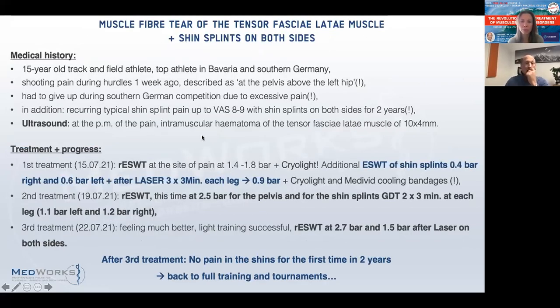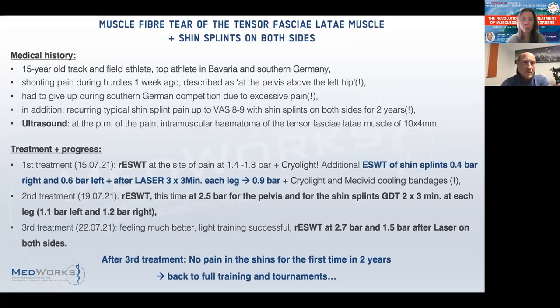Okay, this is another very young and very good professional sportsman. He's 15 years old, one of the best track and field athletes in Bavaria and southern Germany in his age. He had a muscle fiber tear of the tensor fasciae latae and shin splints on both sides for nearly 2 years. The muscle fiber tear was, of course, very